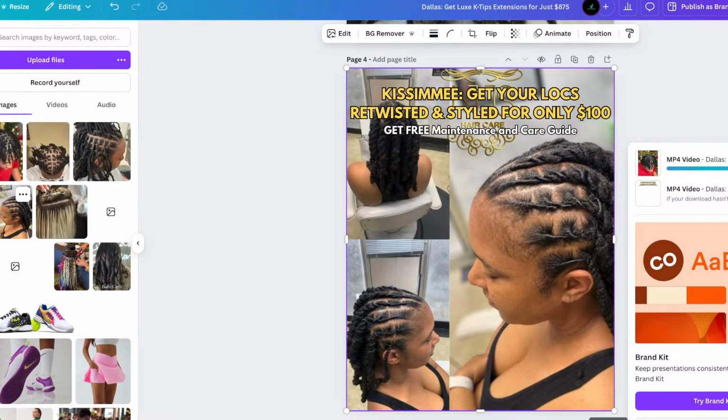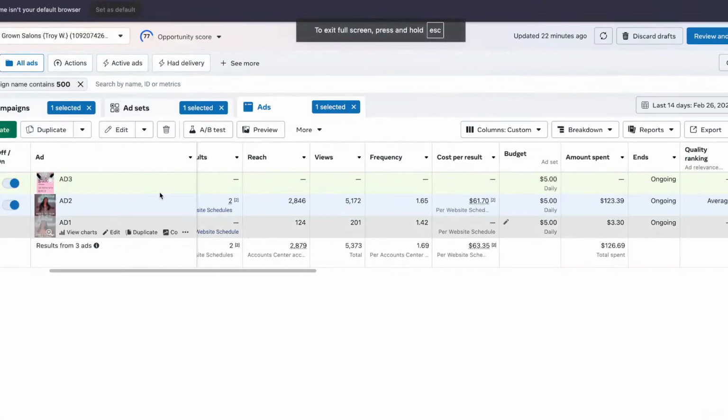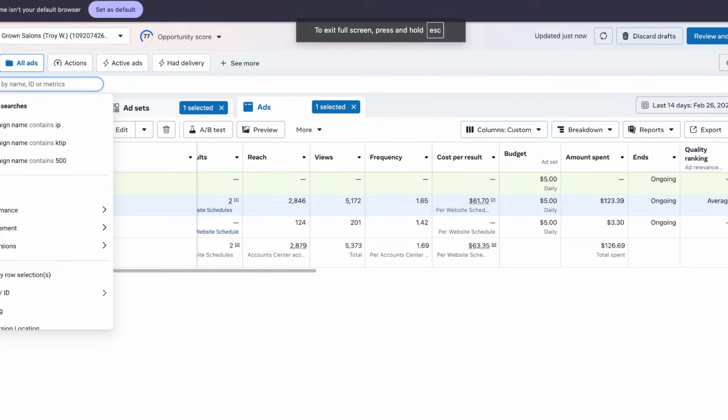Then, while this is loading, I'm gonna start setting up the ads. So right now we're in the Facebook Ads Manager. If you don't know how to get here,